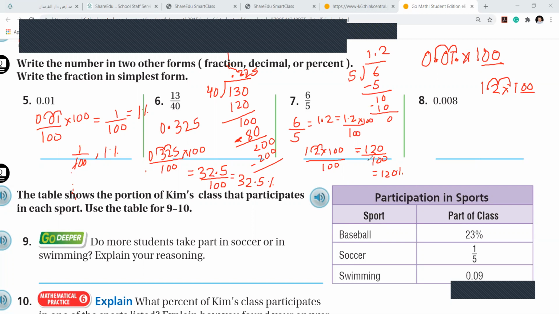Okay, understood, girls? Yeah, got it, miss. 120%. Yeah. Any question still here? Yeah. Now here,